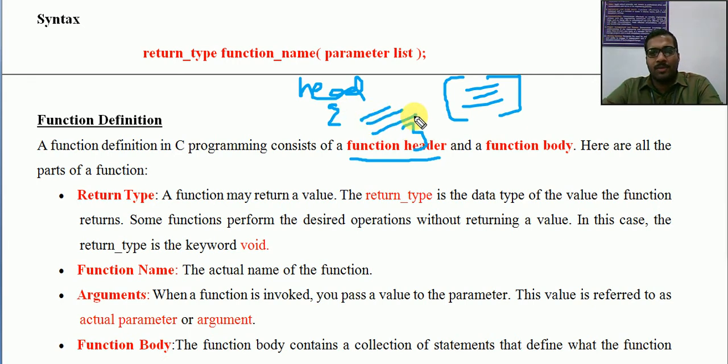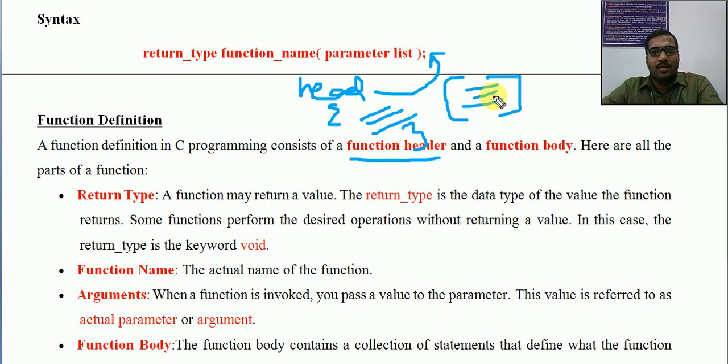Because when we are defining something, there should be a heading. If we are asked to write an article, you will write the heading. Similarly, if you are going to write some function, give a heading. The heading must be compatible with the function prototype that is already declared on top. We will see, when we look at the program, where we are going to declare this function prototype.